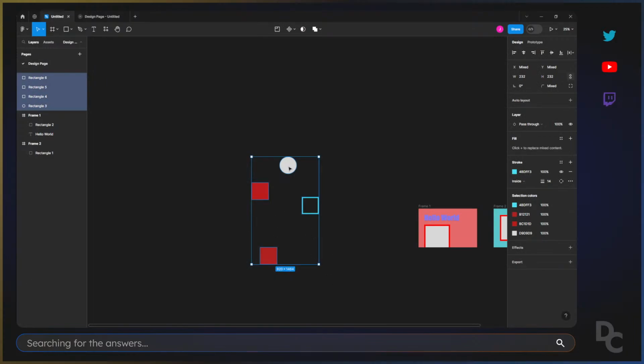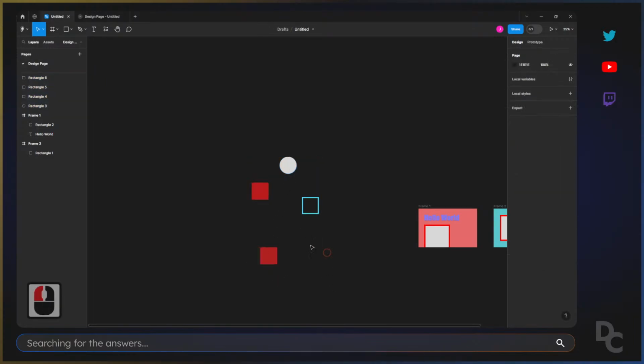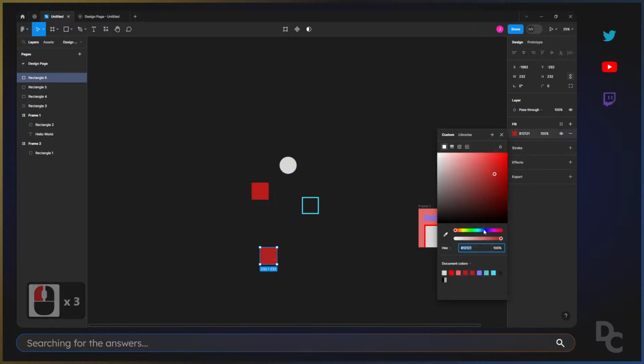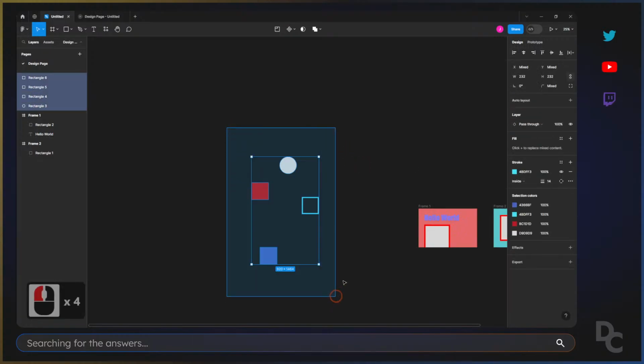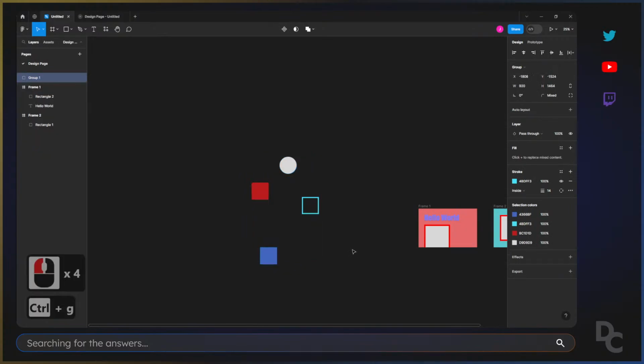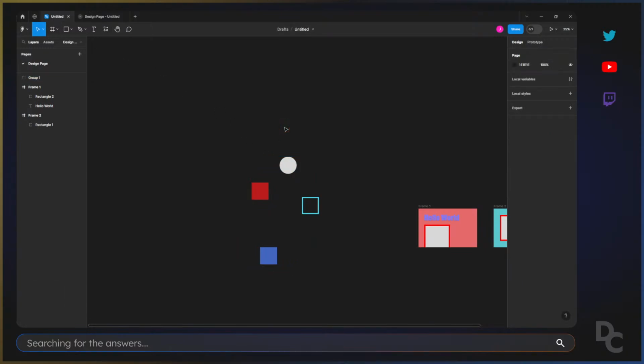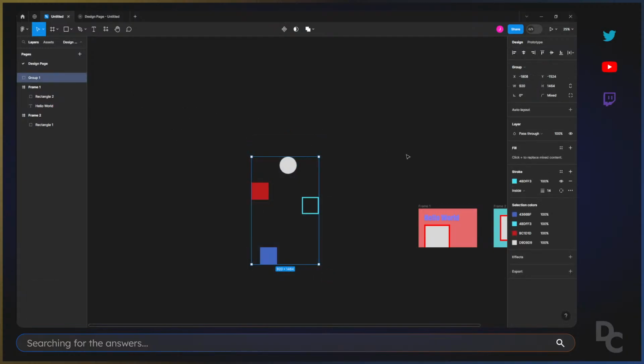So now, grabbing all of these shapes that we just made and changing one of them to an actual different color, we're able to press Control G, Command G if you're on a Mac, or we can also go up. You'll notice that in other programs you'll have a file, an edit, a view button, and stuff like that. We don't seem to have that here, and you might be a little confused as to where to find that. Well, it's actually underneath, and if you noticed in the presentation earlier, I highlighted the entire toolbar, including